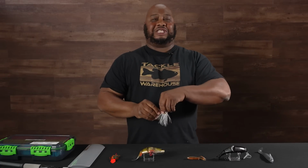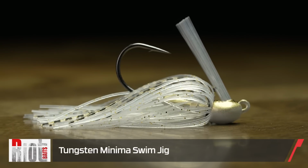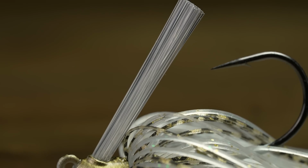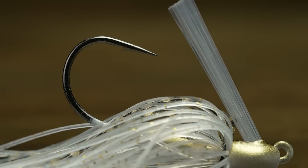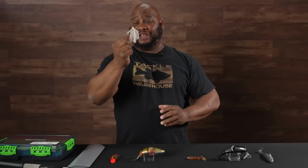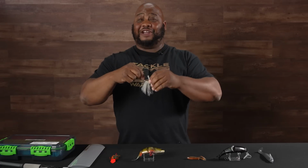Next, by Riot Baits, due to the popularity of the Mini Mod jig, we now have the Swim Mini Mod jig. Very stout hook on there. You got a weed guard, not that stout, but it's good enough to get you through the cover, but good enough to pop that hook through. And with all that bite right there, you're gonna pin your fish. It's got some great baitfish color combinations. You pair that with your favorite either craw trailer or even a swim bait trailer,